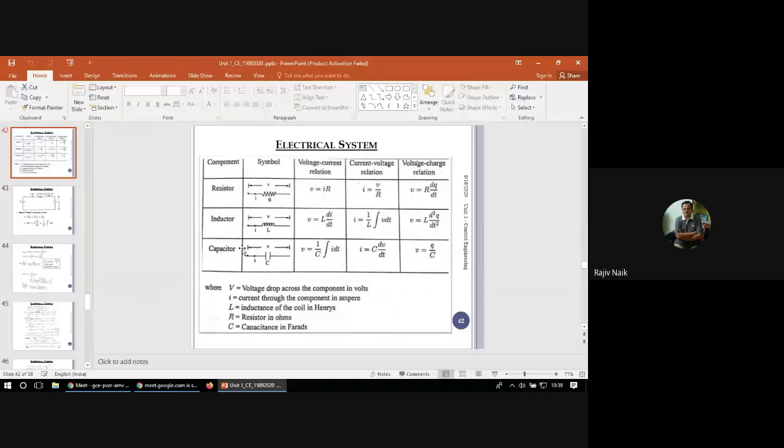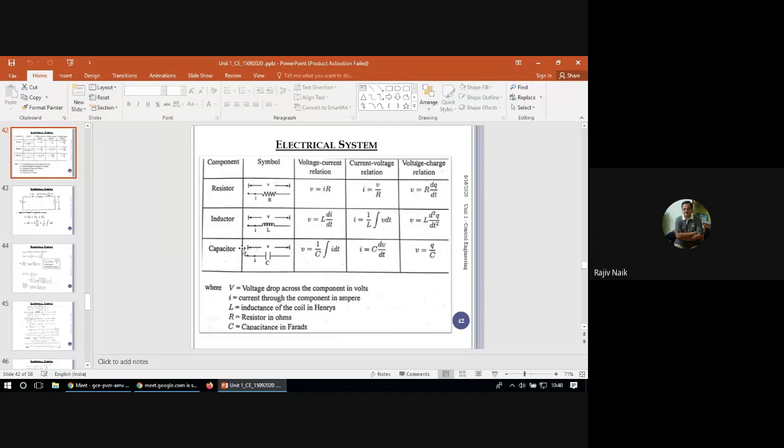For example, civil engineers deal with urban water supply. If you talk about urban water supply, a huge area, a big place like Mumbai or Belgaum, it has to be supplied with water. So there are a series of pipelines. One main pipe will be there, then a smaller pipe, still smaller pipe, then finally it comes to your house. Our job is to maintain the pressure constant and the flow constant at all the places.